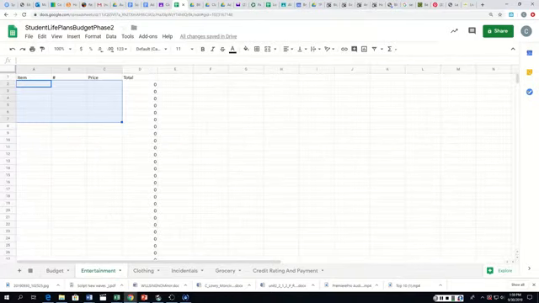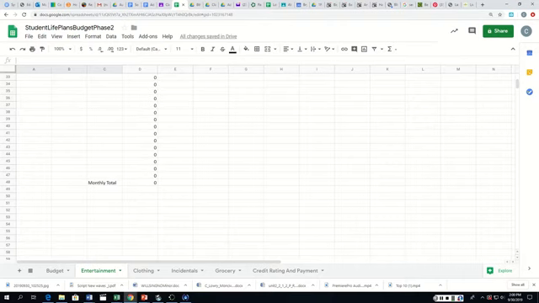Now, you'll notice that I've deleted everything from entertainment, so you're going to need to copy it down. Now, what I want to do is I want to change this total, and I want all of the totals to be on D50. So I'm going to go here, and I think the easiest thing to do is just actually to delete that, and then to drag this down to D49,